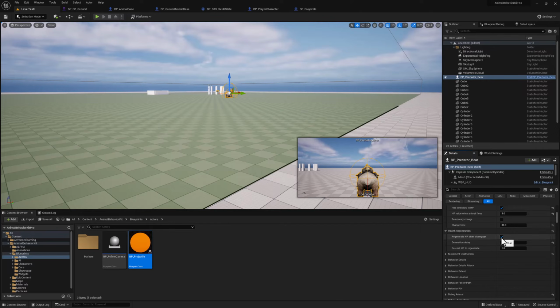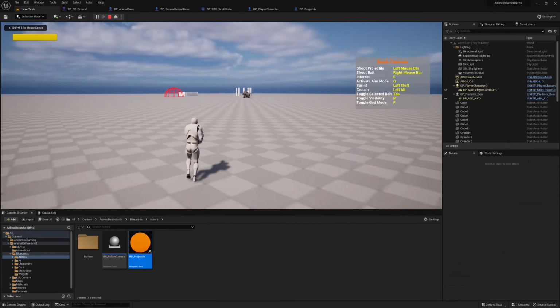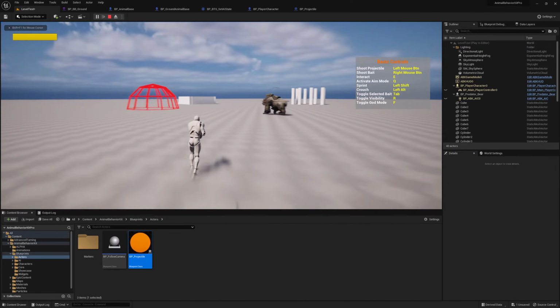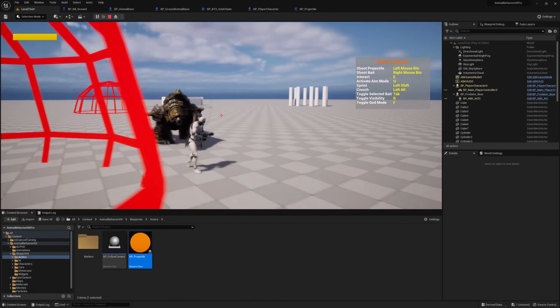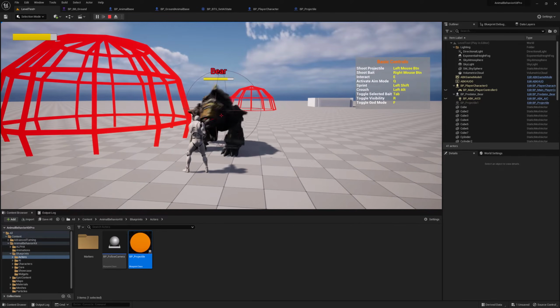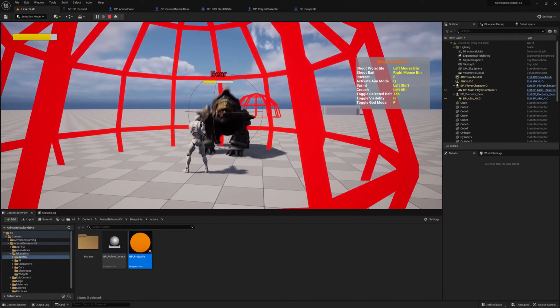So if I make this enabled, and I'm just going to make it 10 seconds, you can also specify the percent HP to regenerate. So 1 is obviously 100%. So what's going to happen is we damage the animal, it's going to flee, and then once it flees and it disengages from the player, meaning doesn't detect the player nearby, after 10 seconds, it's going to regenerate its HP. So all of these are optional, of course. So you don't have to do that. If you want the animal to be hurt kind of forever, that's fine. But I figured this